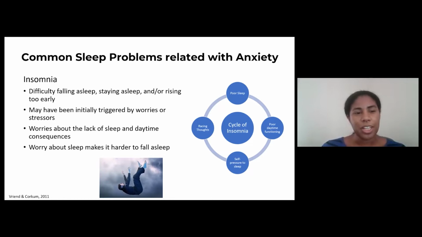So, here, when I refer to it, I'm talking a little bit more about it as a disorder, but it's really referring to difficulty falling asleep, staying asleep, and/or rising too early in the morning. And it would really be present for 3 months or longer and occur for 3 nights per week. And usually, the length of time of difficulty falling asleep is not part of the diagnostic criteria, but a lot of times, people consider if it takes 30 minutes or longer, then that would be a problem.